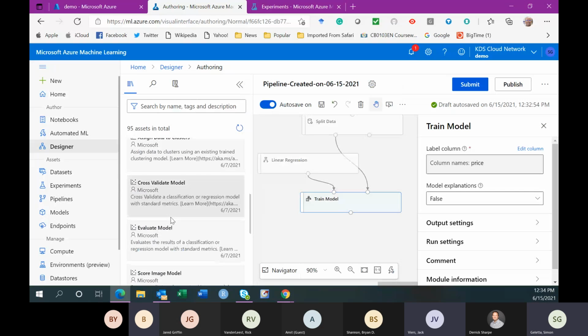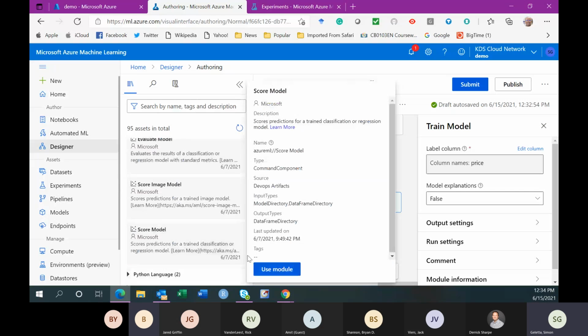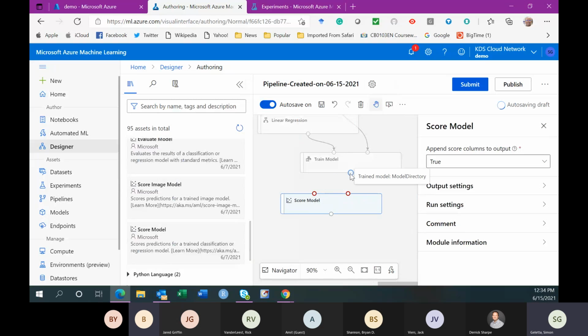Score model, I select that. You can score a model. Our data is about a continuous surface that we're predicting. And so I'll get the trained model, and not that one.